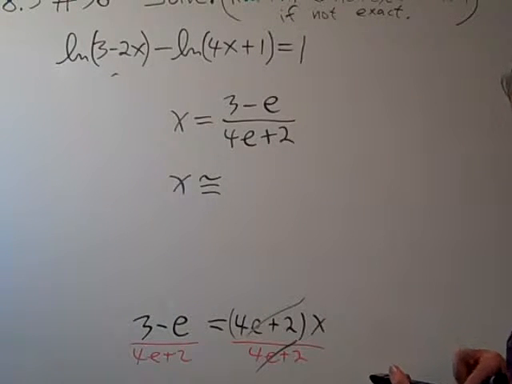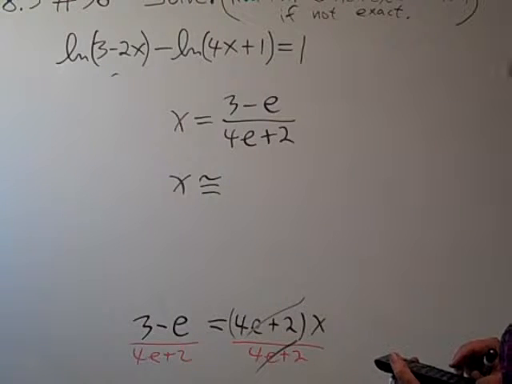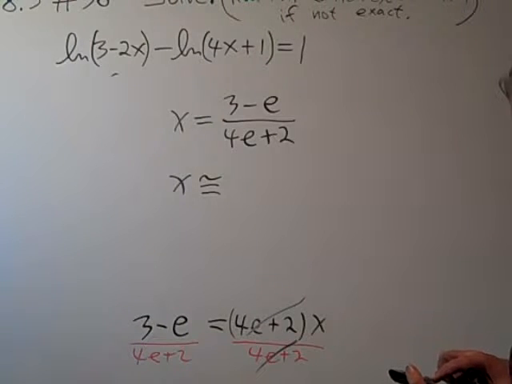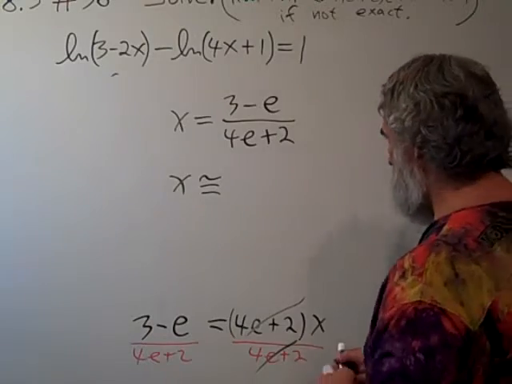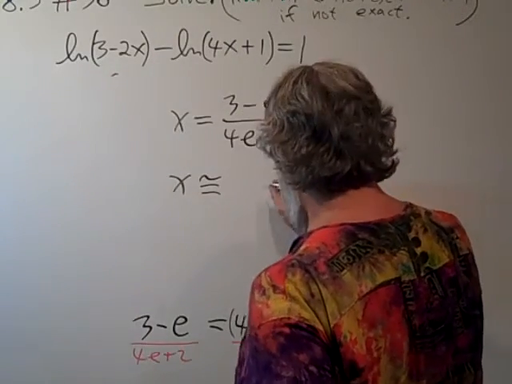Oops, sorry, let's see. Okay, so 3 minus e is 0.2817, and then 4 times e plus 2 is equal to 12.873. So dividing those two, we get x is about equal to